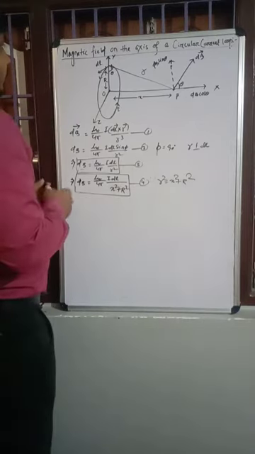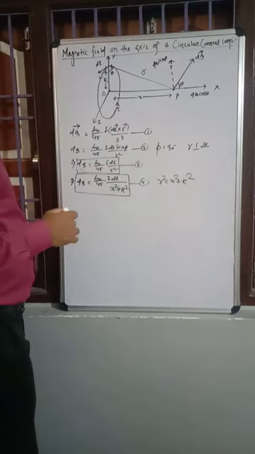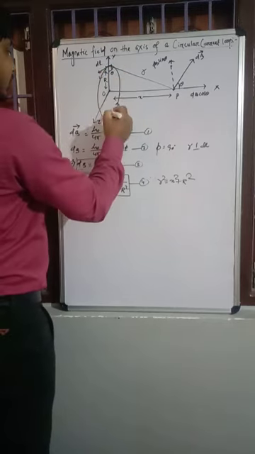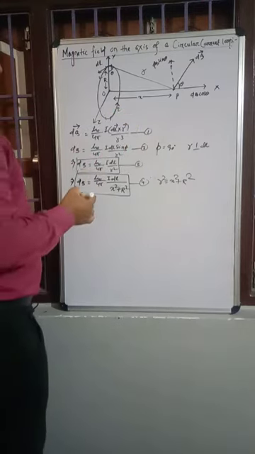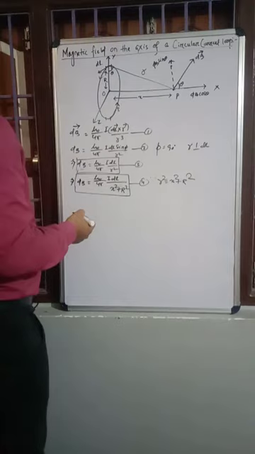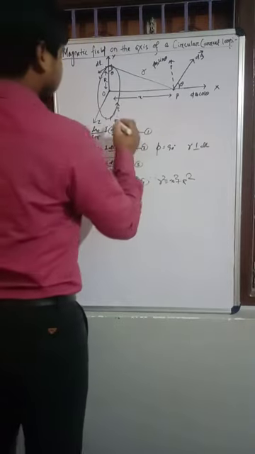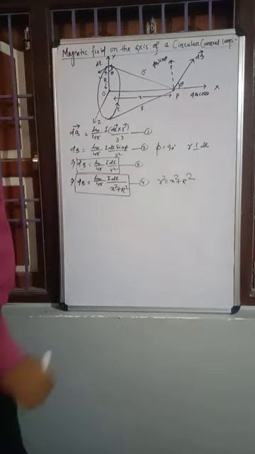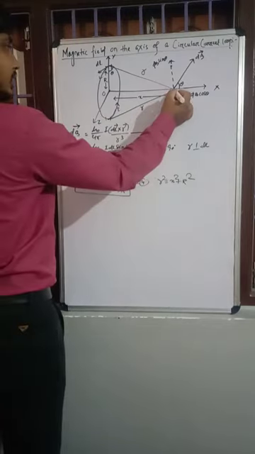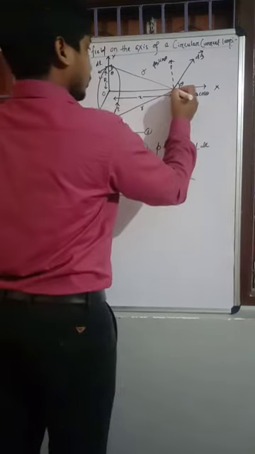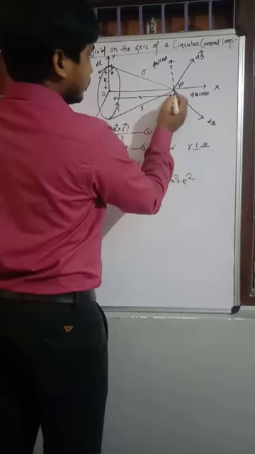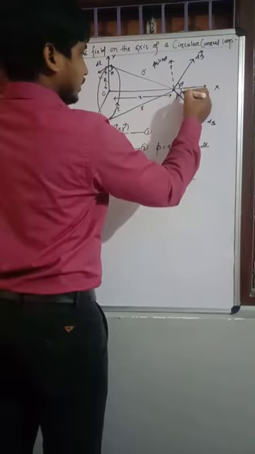Okay, now just see in this diagram, I can say that to this current element dl, there is another current element dl just diametrically opposite to it, which will be situated at the same distance r, and whose magnetic field at this point will also be dB, and which will be perpendicular to this one, like this, because this is the position vector and this is dB, which will be perpendicular to each other, and this angle will be theta.